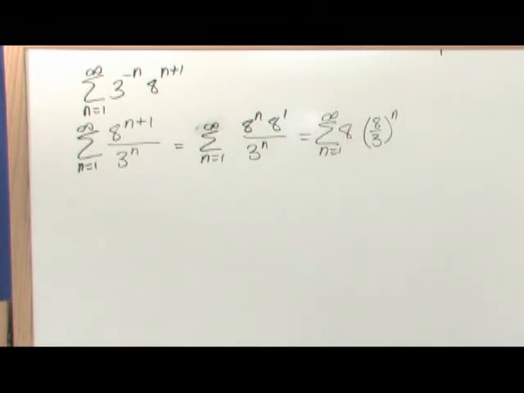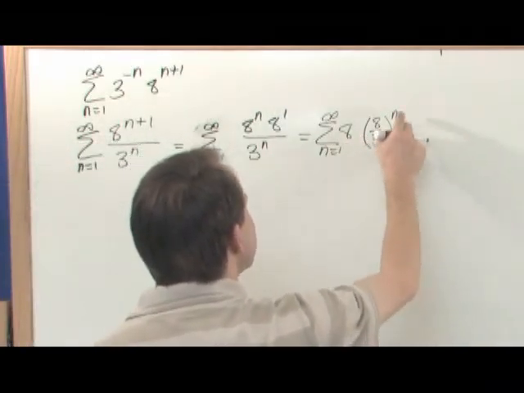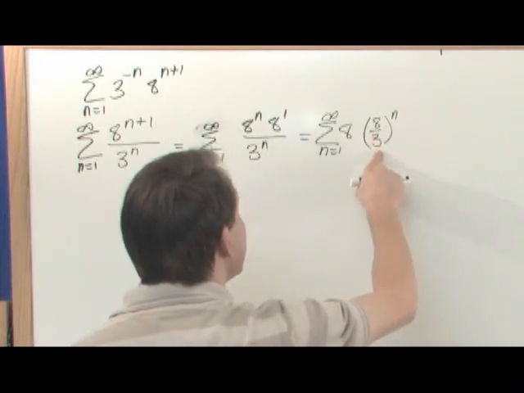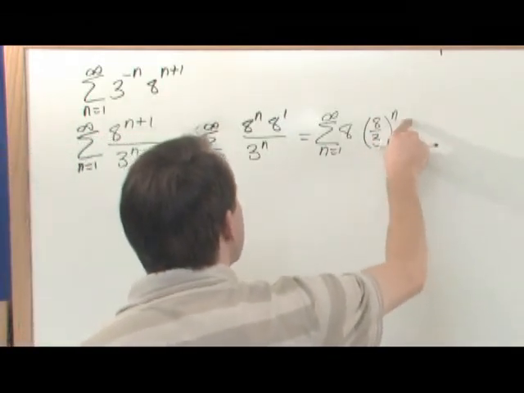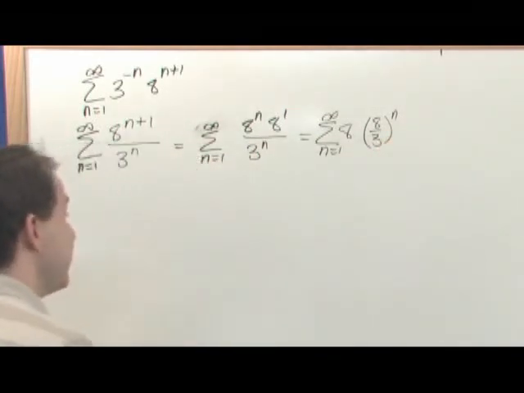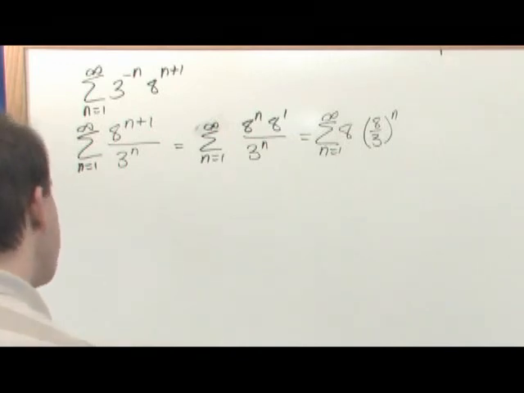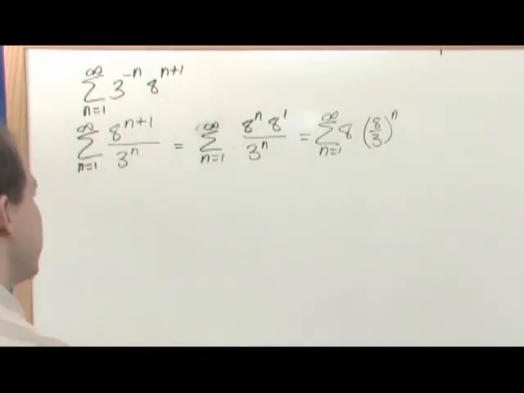Now, it's not quite in the form of a geometric series, but if you look back just a few minutes ago when we talked about this, it's the same sort of deal. You have a number times something to the nth power. This is a number greater than 1. 8/3 is a number greater than 1. So since you're taking powers of it, as you go on and on, higher and higher, the elements that you're adding together are going to be bigger and bigger. And so that means because the elements in the sequence diverge, by one of those theorems that we had, the